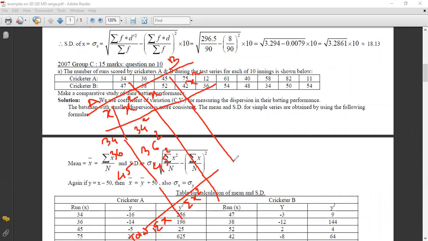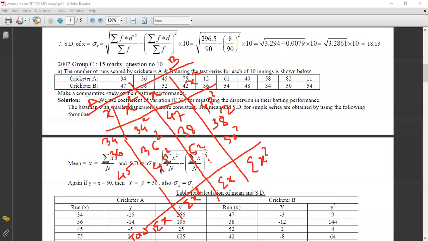Similarly for cricketer B we can use 47, and 47 square, x square, 38, 38 square. এই পরীক্ষা এইভাবে করা যেতে পারে, no tension. 52 square. Okay, and again you can get the summation like this, summation x for the batsman B, summation x square for the batsman B. এই ক্ষেত্রে এইভাবে আমরা করতেই পারতাম, স্ট্যান্ডার্ড প্রসেস আমরা এতদিন যা শিখেছি, to calculate summation x and summation x square,